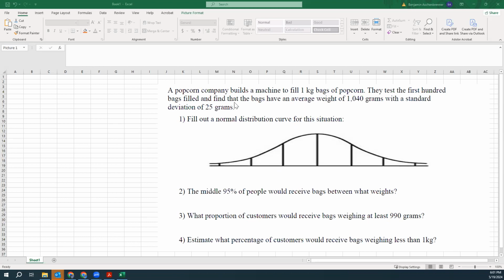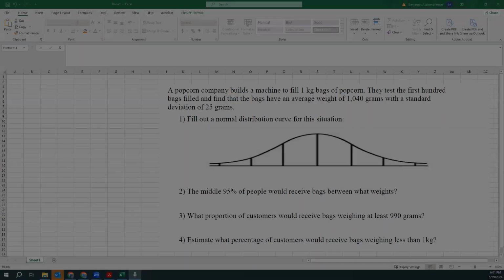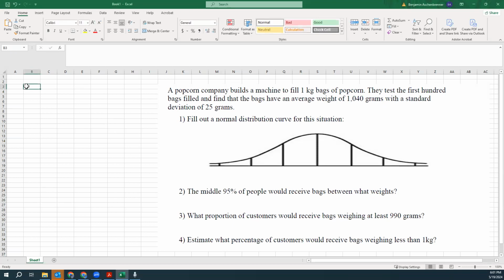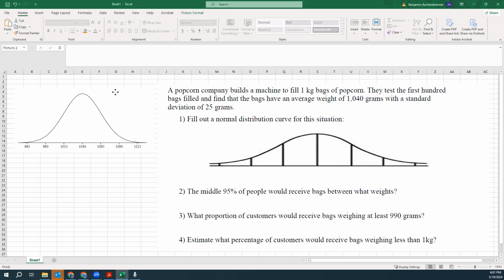I mean, it doesn't say that this stuff is normally distributed, but I'm assuming that it's intended to be normally distributed. The first thing I'm going to do is create a picture using a normal distribution sketcher. And I'm just going to take a screenshot, bring that over. Okay, paste it here. So this is the picture of the normal distribution centered on 1040, and I got